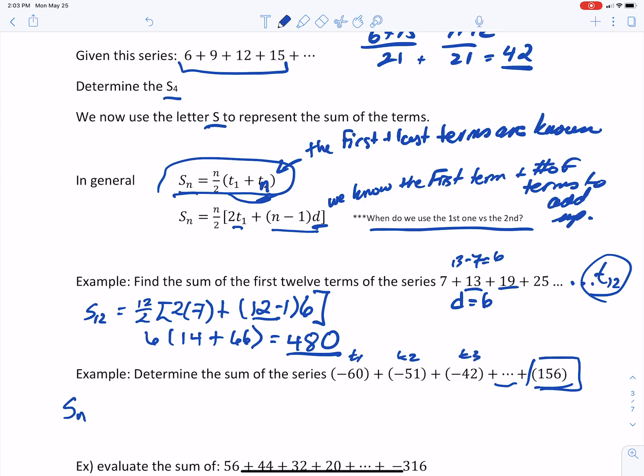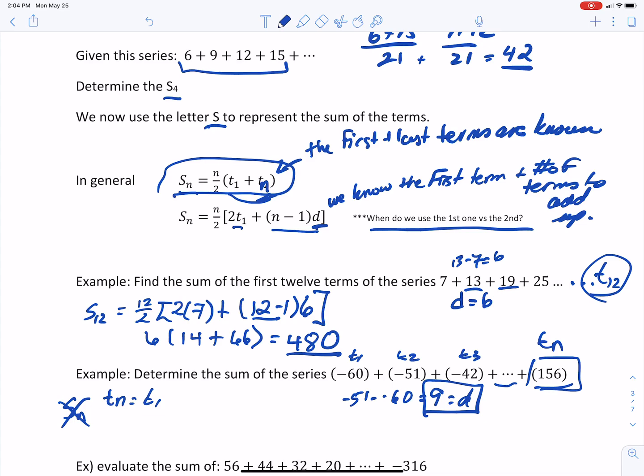I could also figure out the common difference by going negative 51 minus negative 60, which is 9. So I know that the common difference is 9. But I need to figure out what term number this is. So what I'm going to do is hold off on this for a moment and say term n